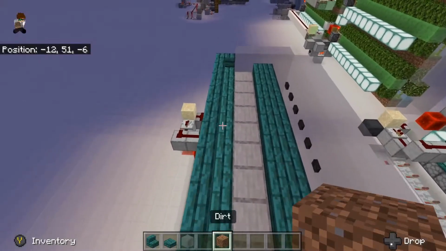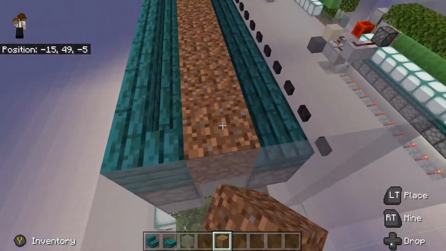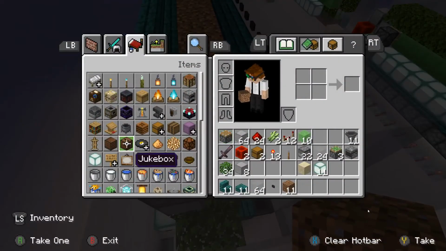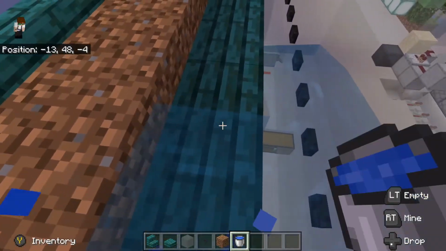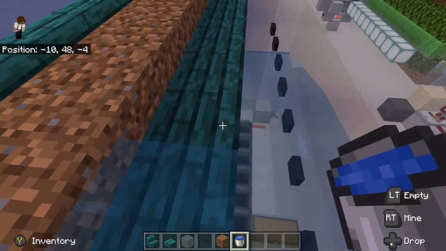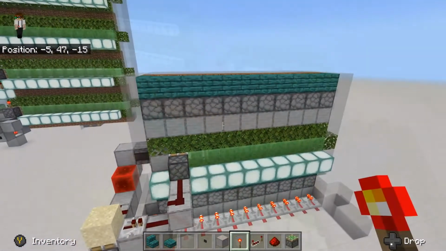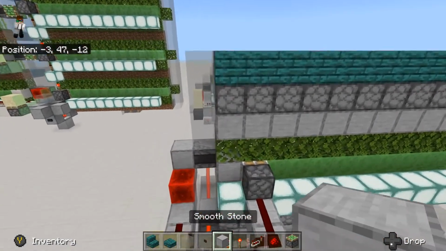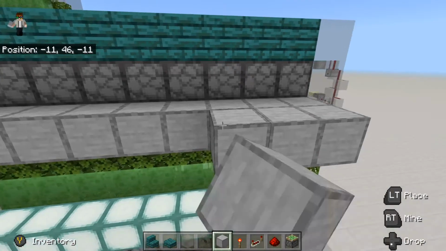Now grab yourself your dirt and run that right down the middle, just like this. And grab yourself a water bucket and waterlog all of these half slabs just like I do on screen. Make sure each of these are waterlogged. Alright, now what we want to do is set up the redstone for this line of dispensers